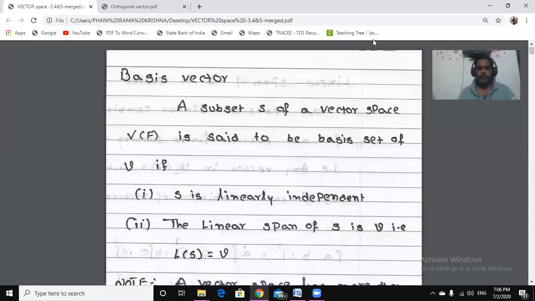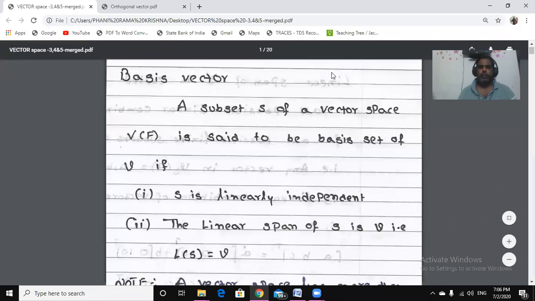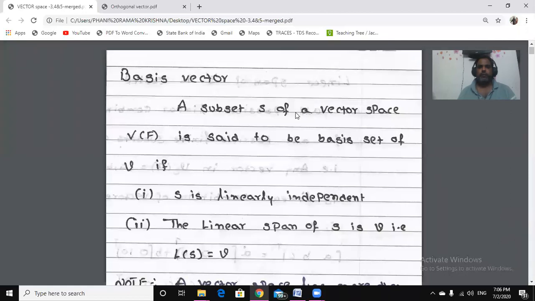Welcome back. This is module 3 of the linear algebra and differential calculus paper. In this module we are going to look at what a base vector, or basis, of a vector space is. As we discussed in the last class, a vector space contains many vectors which satisfy some conditions, and we have seen those conditions already. So what is the base vector of this vector space?